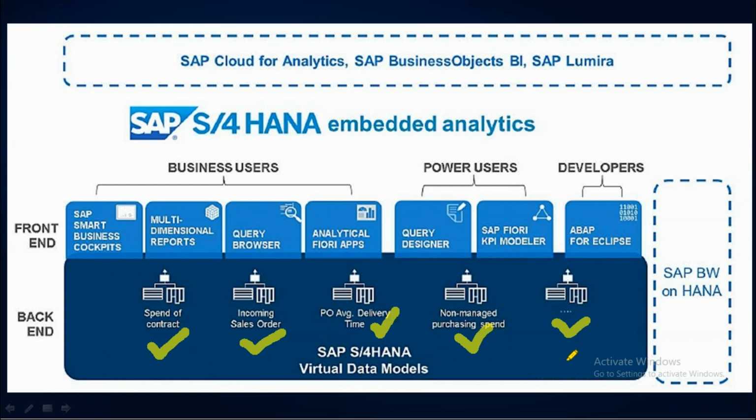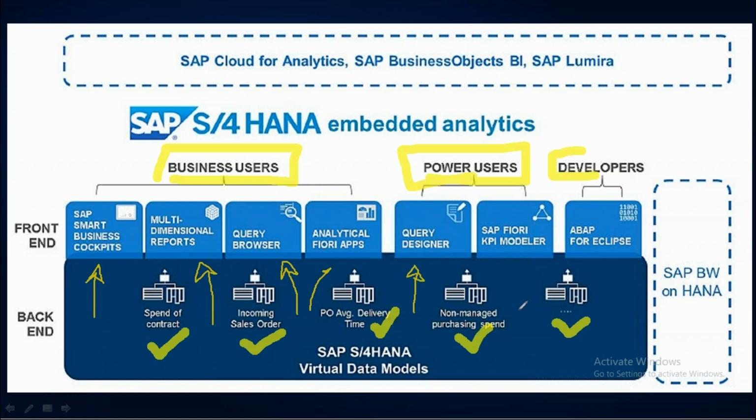And for each of these business processes, we have different process owners or process users. Could be the business user, or power user, or developers who are going to develop our data models. So here we see Smart Business Cockpit, multi-dimensional reporting, query browser app in the Fiori, right? Then query designer, this is coming from the BW, then KPI modeler app,